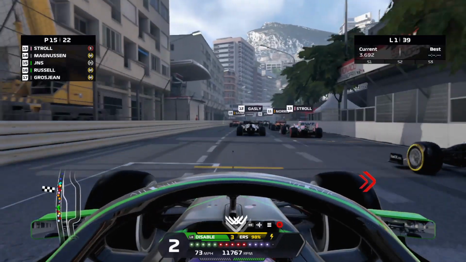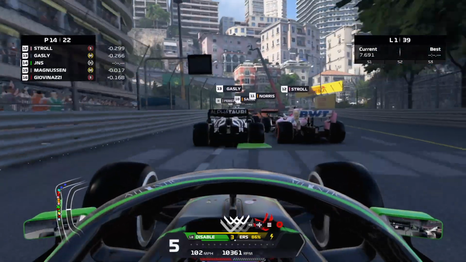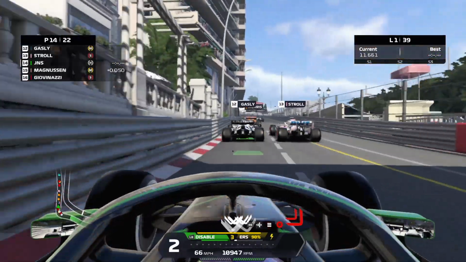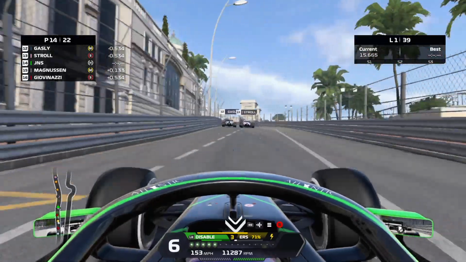Magnussen swings across immediately. We have to go to the left-hand side of the track as we're going side by side into the first corner. We go round the outside of Kevin Magnussen. He tries to fight back into Saint Devote. Everyone's got through there cleanly as Gasly and Stroll are still going side by side up ahead as we climb